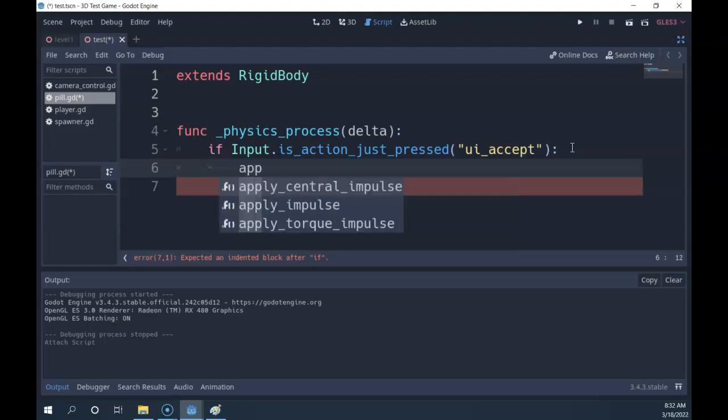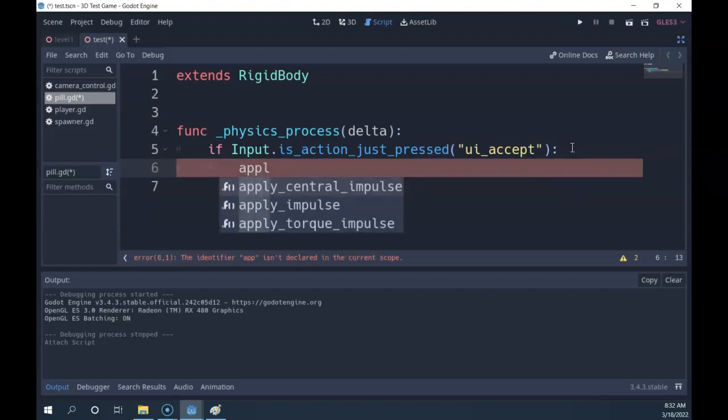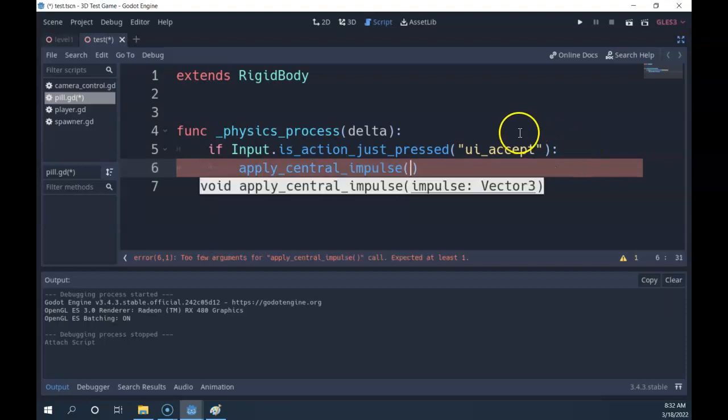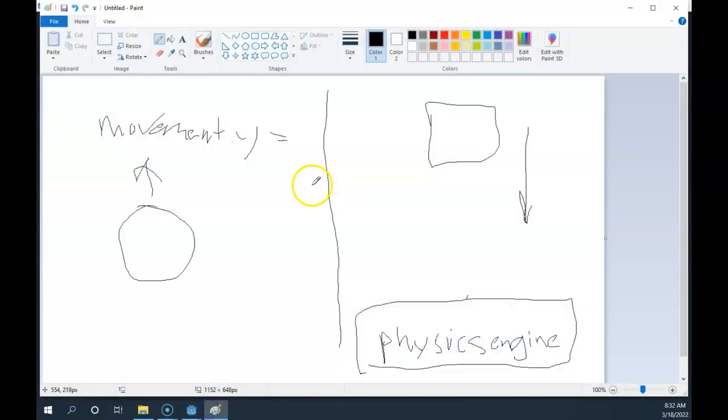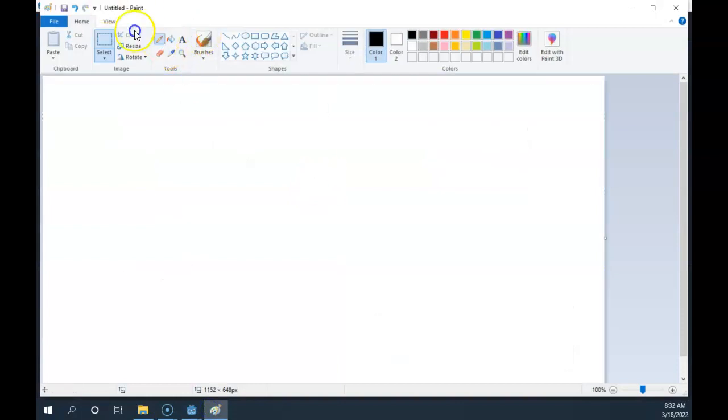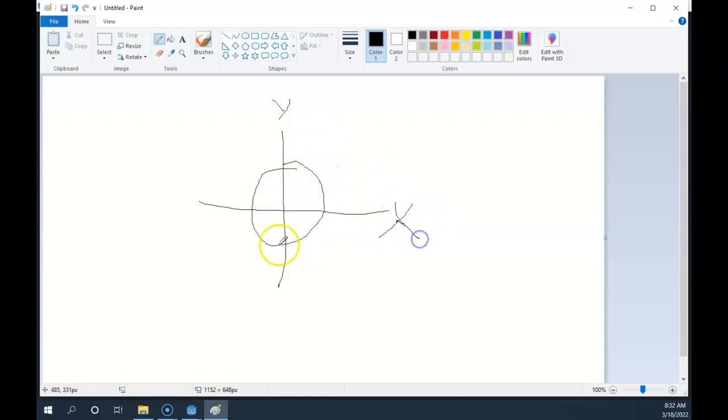So we can use this apply central impulse function, which is part of the physics engine. And you'll notice it takes a Vector3. So the idea here, and I can only really show you this in 2D, is let's say we had our X and our Y here, and we've got a circle. Pretend we were doing this in 2 dimensions, but we are actually doing it in 3. The idea here is that I give, from the X and Y direction, a particular force,